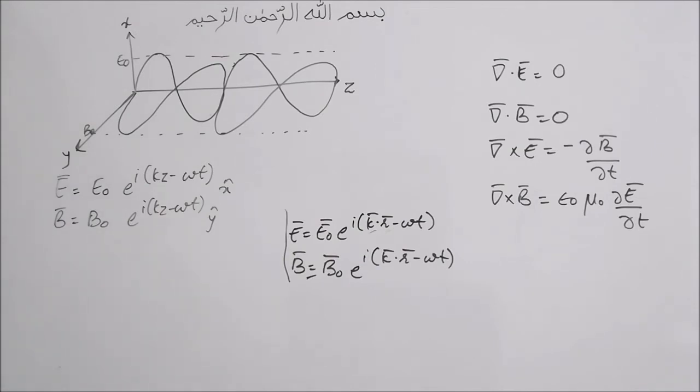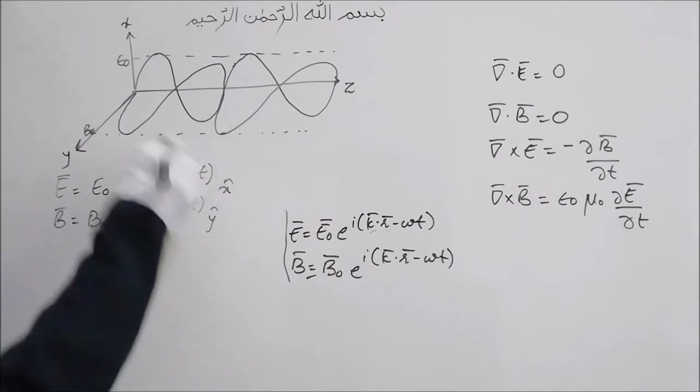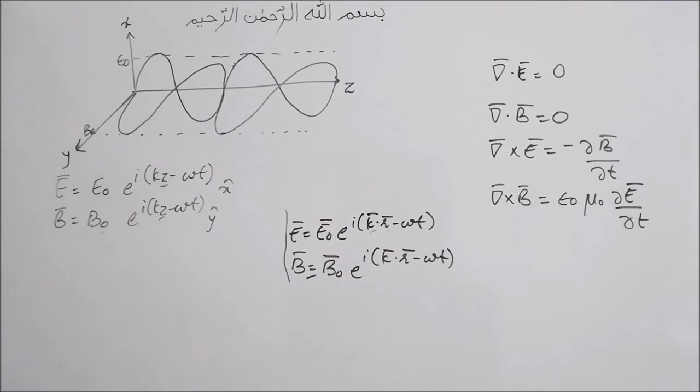So at large distances, the spherical waves and the cylindrical waves will look like plane waves. That is, the sun rays, when they come on earth, look like plane waves. So this is the direction of propagation, which is the z hat direction. The electric field vector is along the x direction, the magnetic field vector is along the y direction. And the direction of polarization, you have to remember this, is nothing but the direction of the electric field vector E bar.